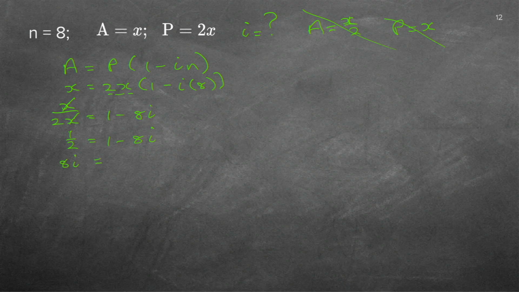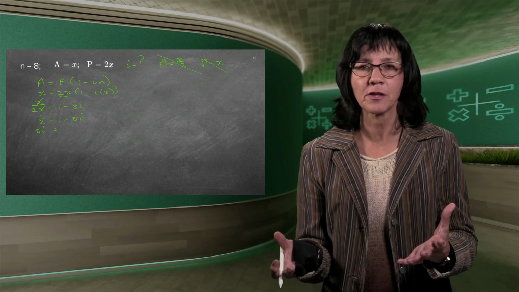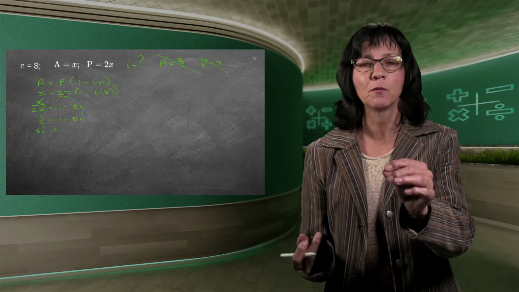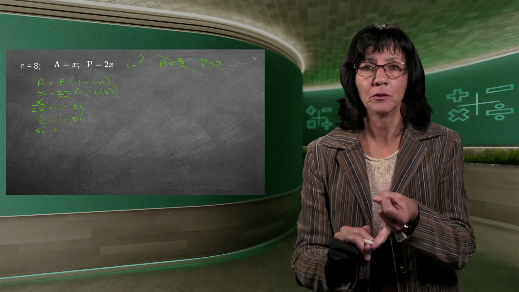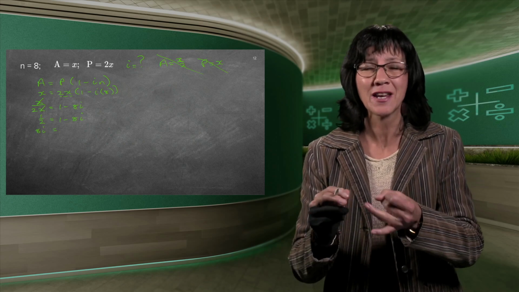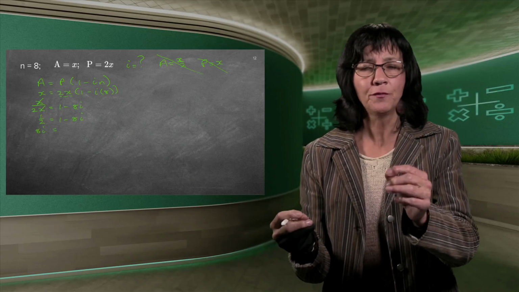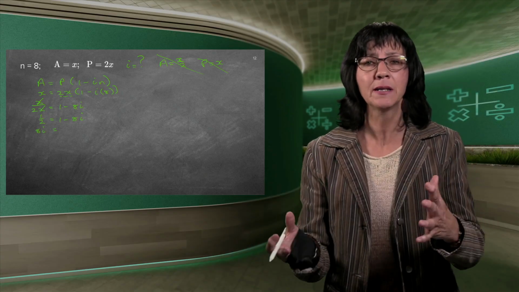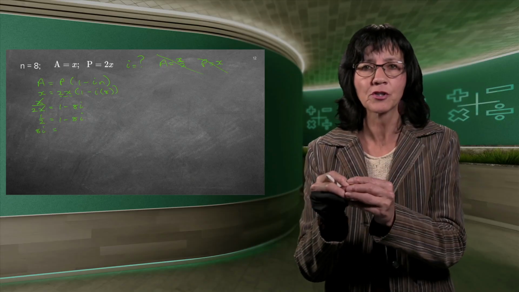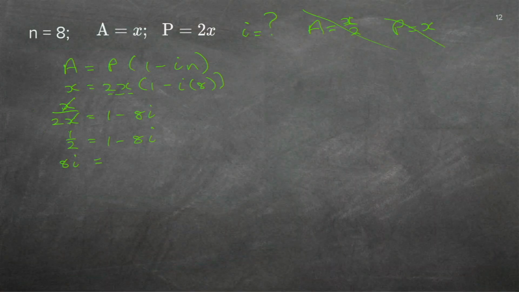Just before I carry on, there's always lots of different ways of doing a maths problem. Try and make it as easy as possible for yourself. Fractions cause problems, minuses cause problems. They do. I know that from experience. So you actually don't want to work with that if you don't have to. So if you see there's a minus in front of the I, don't leave it that side and later on get rid of it. Immediately take the thing that you need all on its own alone to the other side, because then it becomes a plus here, which is what we want. And then I leave the 1 here, and then I bring the half over to the other side, which is now very easy. It's a half. So 8I is a half.